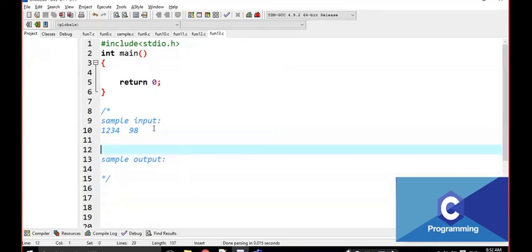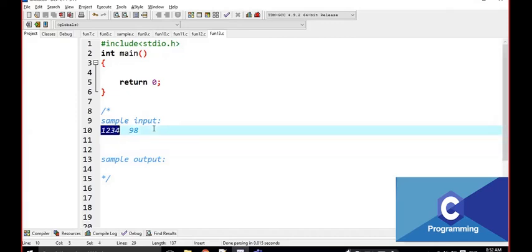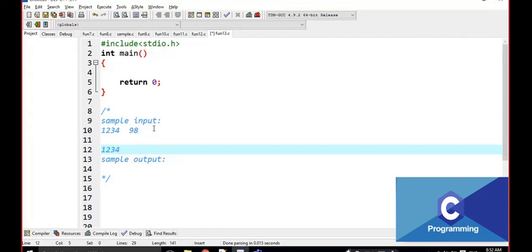It also gives the output, but how many digits are there? That is 4 digits. For example, if the rotations are 4, what is the output? Again the same number. If it is 8, the same number. If it is 12, the same number. That means I am going to divide. First of all I am going to find how many digits are here. Here 4 digits are there. Then 98 mod 4.